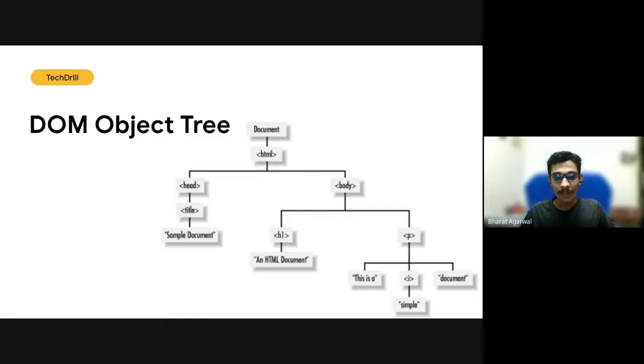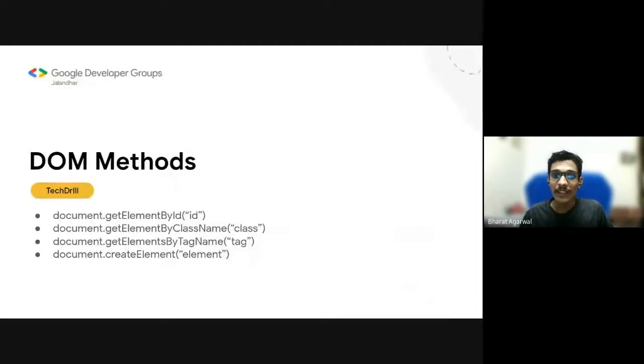Cool. So this is the structure of the DOM tree. We'll also see today how a DOM tree looks while creating an application. So let's see some methods which we can perform on the DOM. These are not the only methods, just a few that I mentioned. We're going to use these methods today, and some other methods as well, while creating an application from scratch. So you can see we have this document.